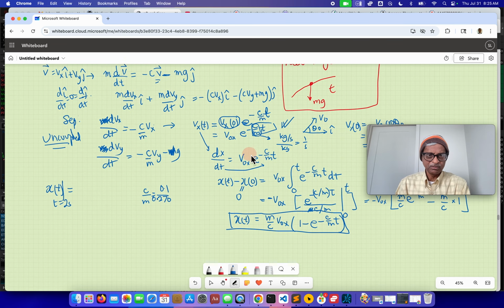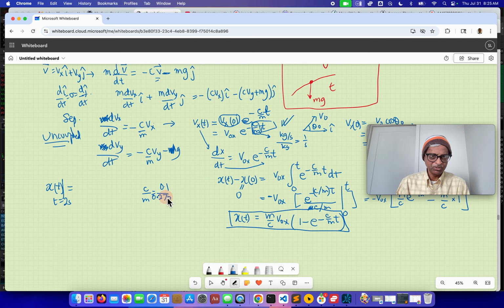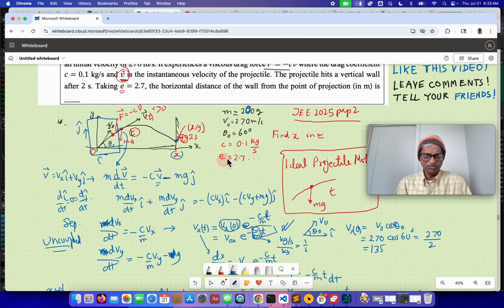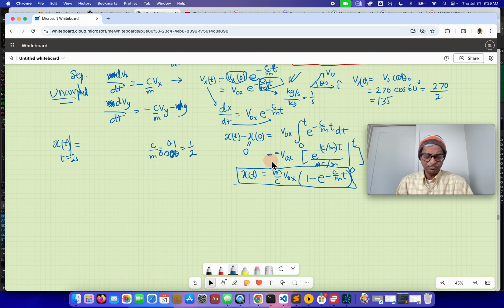The reason I stopped to look is because this thing was coming out in a very weird number. So this is 1 over 2. So m is 270 grams, which will be in kilograms, because this guy is in kilograms, so I should make it 0.2 kilogram. So now, remember I was telling you, when you put the numbers, you have to be extremely careful. Our m over c is just 2. So it's 2 times